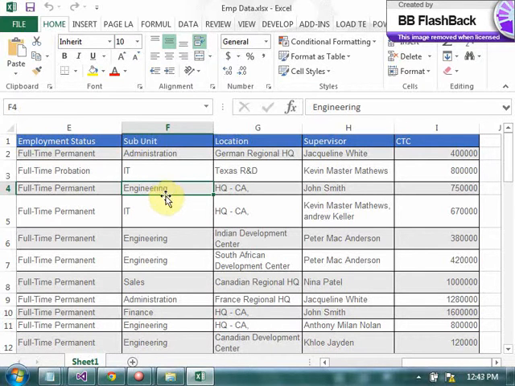Okay, so as soon as I get engineering here, which column does it have to go to? 6, 7, 8, 9th column this is. So move to the 9th column in the same row and take the value from it. That's what we need. Then what I have to do is,